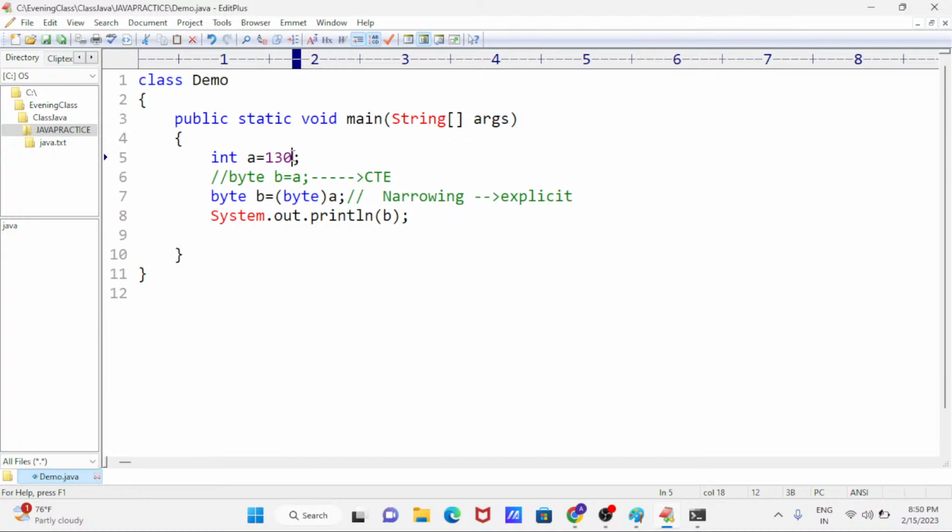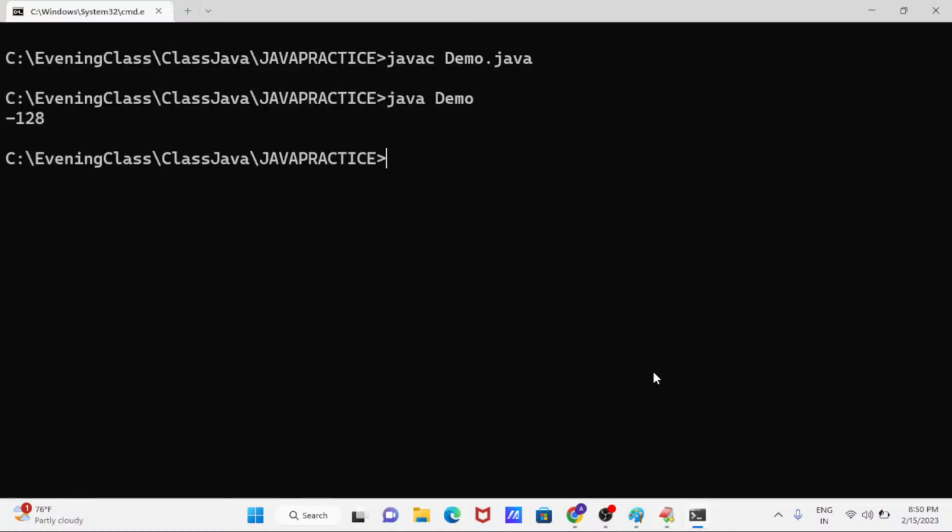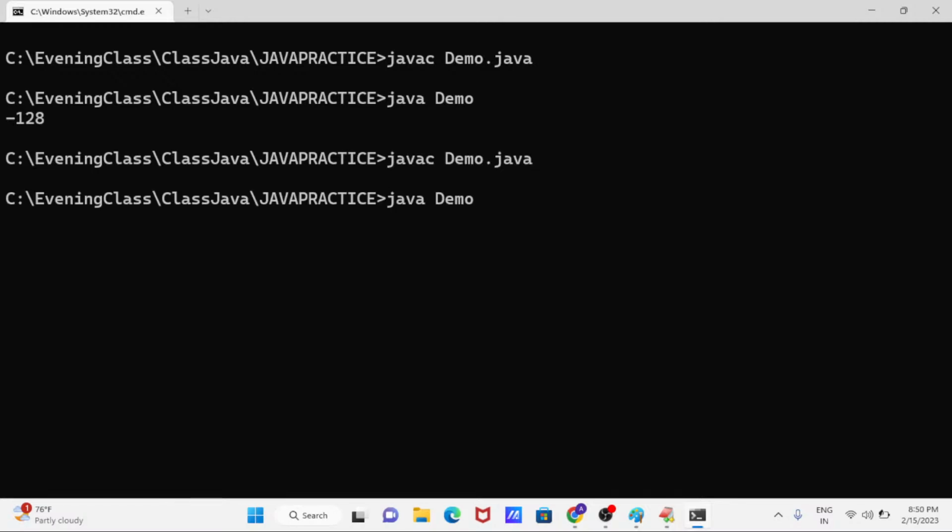Minus 130? No, not minus 130. You are going forward, then come backward. What is that? Minus 126. Very good. So it will store minus 126. Understood, right?